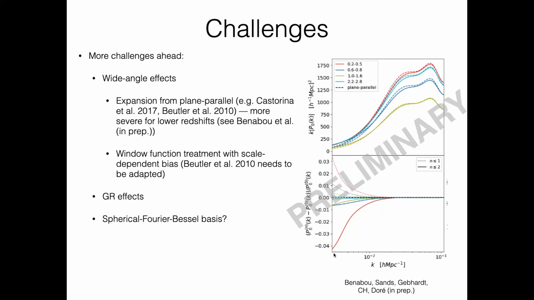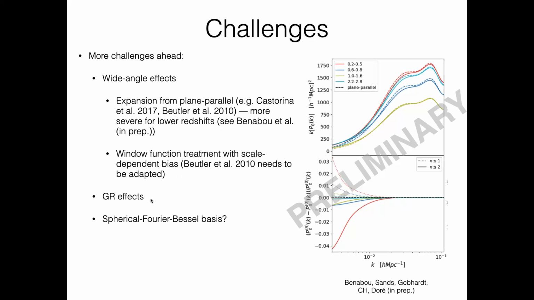And here's a very preliminary plot showing, on the red curve, the low redshift, and these curves are for higher redshift. So it shows that at a particular k, you have more wide angle effects that you need to deal with for the lower redshift. We also needed to come up with new ways of treating the window function, in particular the integral constraint, when you start having a scale-dependent bias that blows up some of the integrals that you try to model with. So we are adapting this to work for fNL modeling as well.